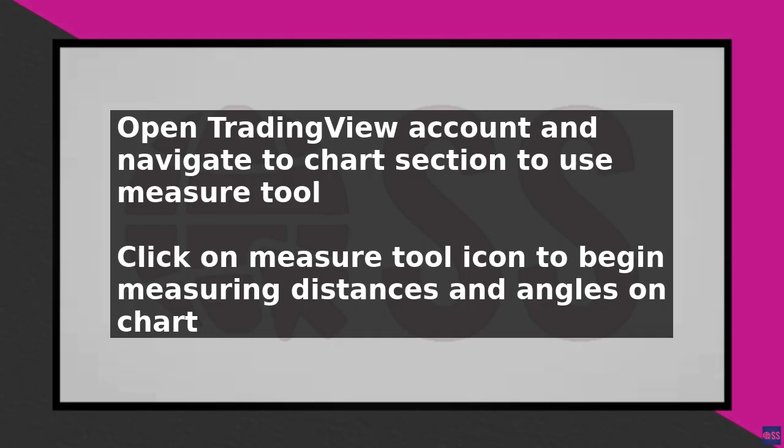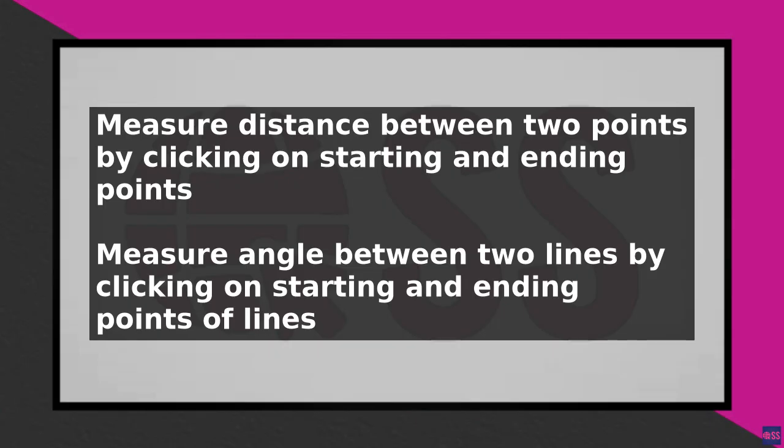The Measure tool allows you to measure the distance between 2 points, the angle between 2 lines, and the length of a trend line. To measure the distance between 2 points, simply click on the starting point and then click on the ending point. The Measure tool will then display the distance between the 2 points in pips or price